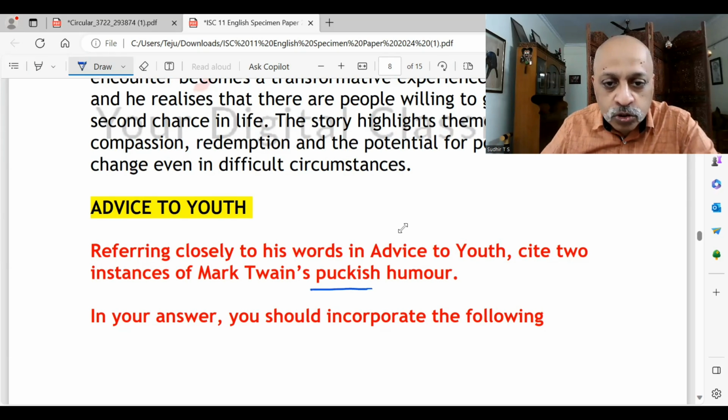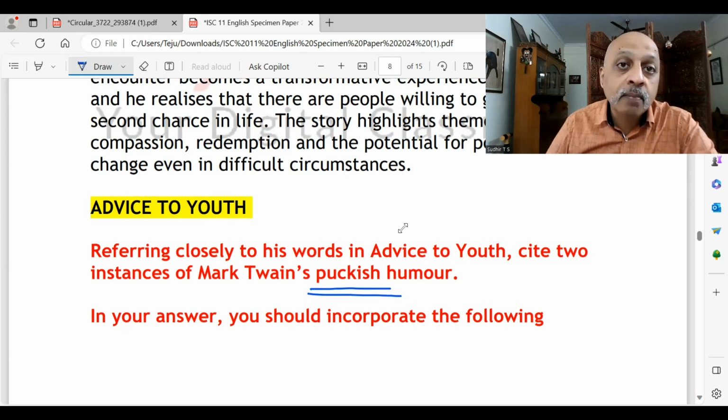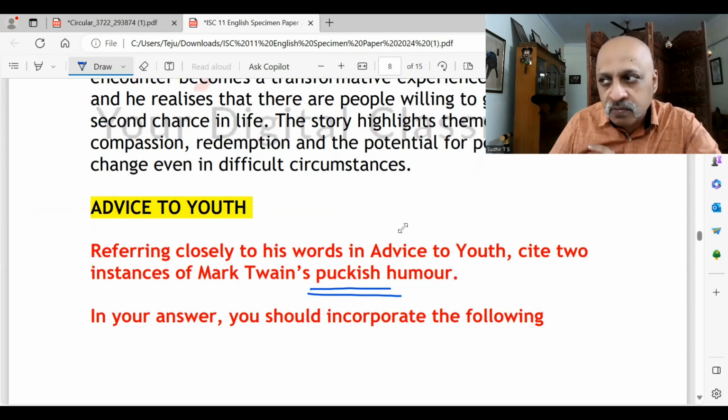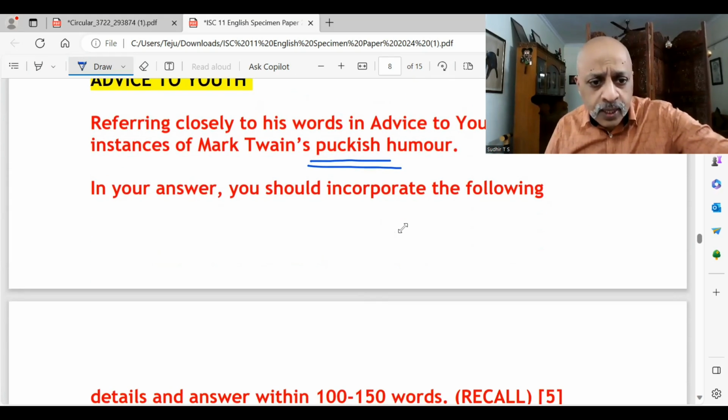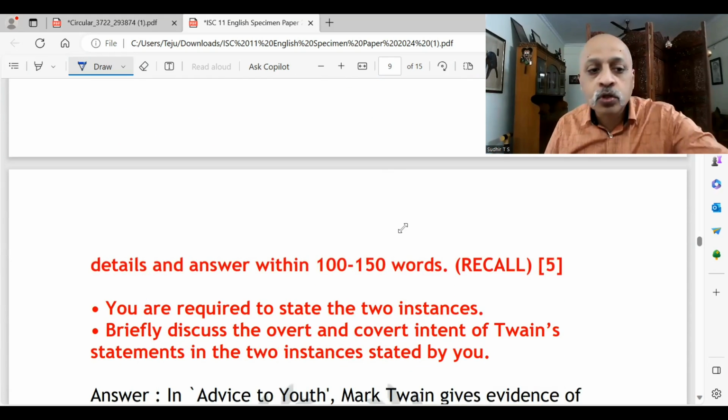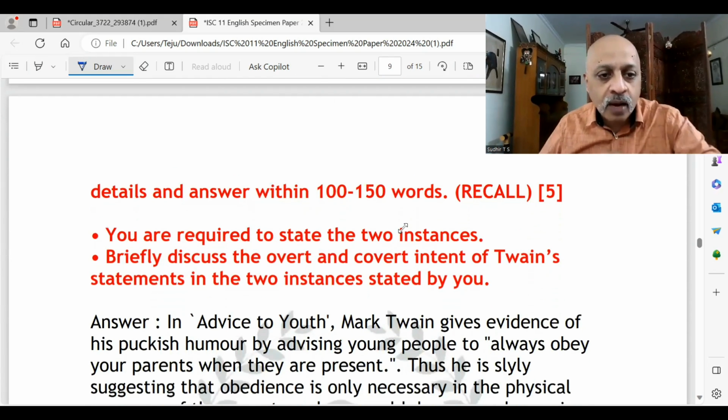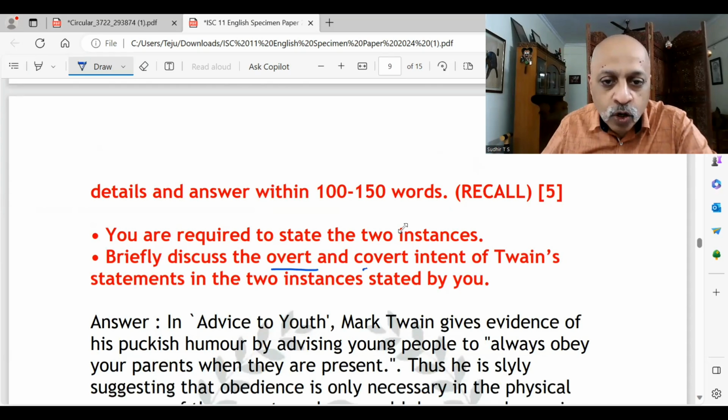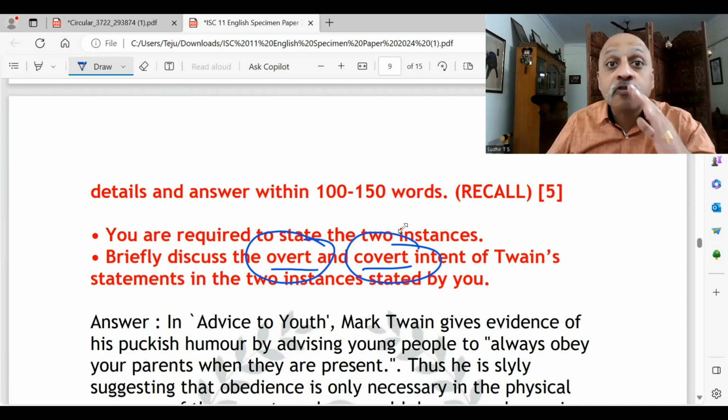Now, अगर आप में से कुछ लोग होंगे इस तरह का वर्ड का मतलब ही नहीं मालूम होगा. It means something which is almost a combination of satirical wit and stuff like that. इसलिए बोल रहा हूं कि they expect you to use good vocabulary. यहां पे देखो, overt and covert. Overt is something which is understandable easily. Covert means something which is kind of hidden.